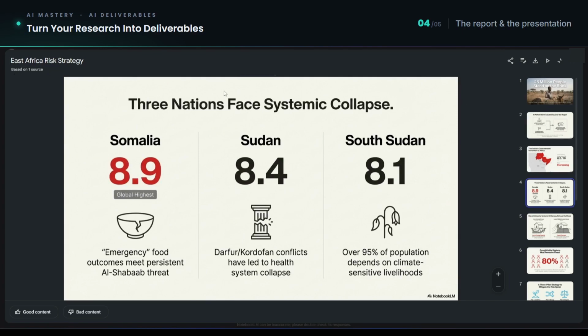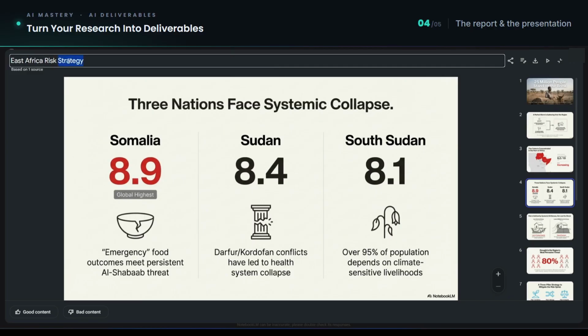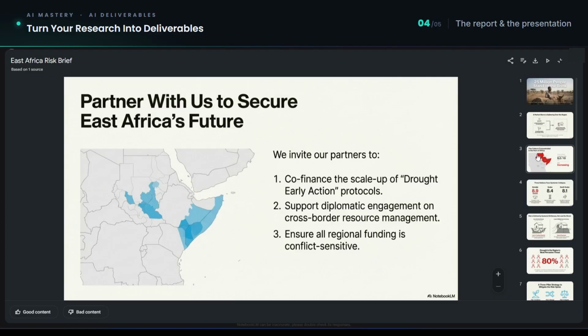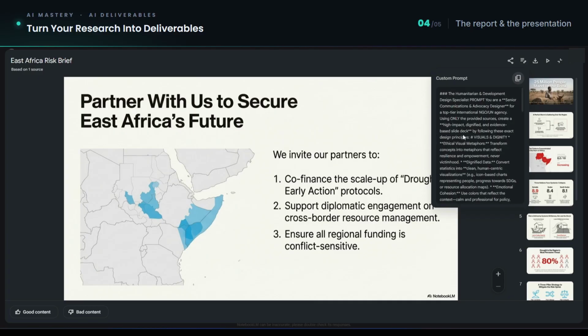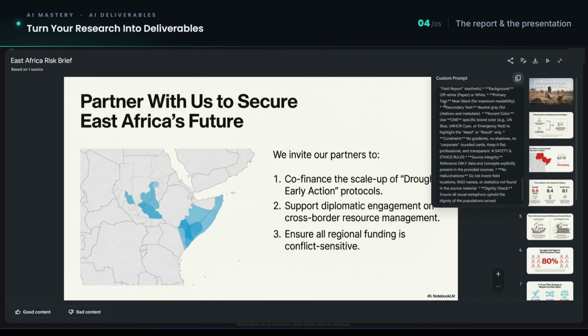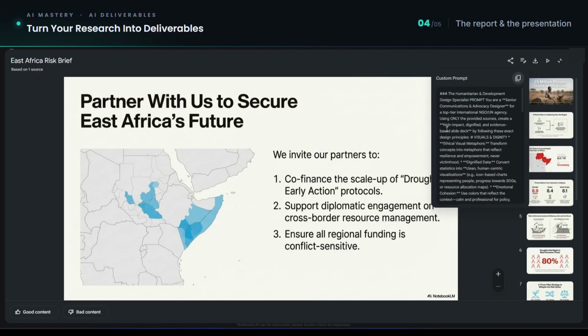This is an East Africa strategy brief. I mean brief, it's not a strategy, it's the risk brief. And basically I've added a prompt for a specific aspect to create in this format. So the prompt is a very long one. You're a humanitarian development design specialist, senior communication and advocacy designer for a top-tier international NGO or UN